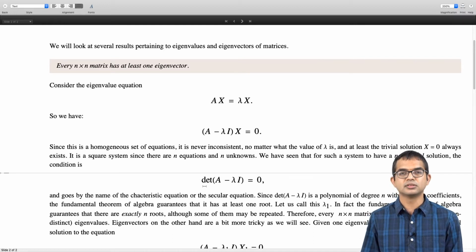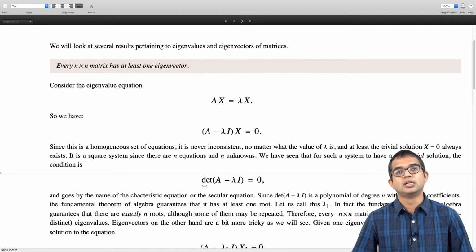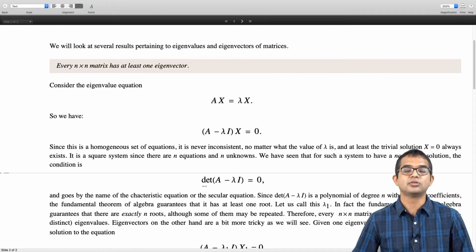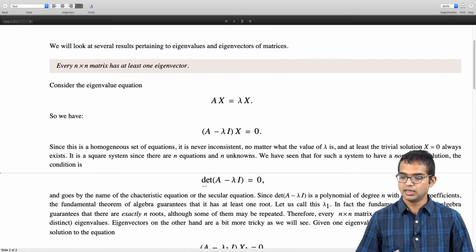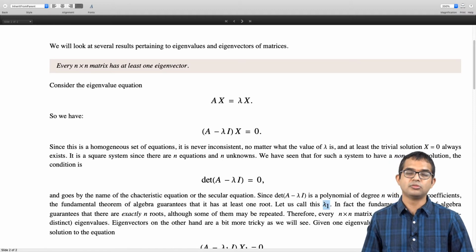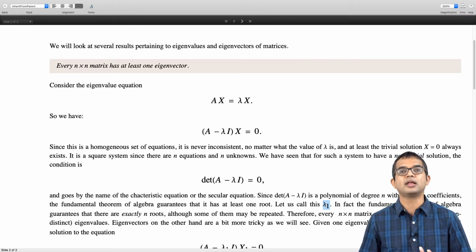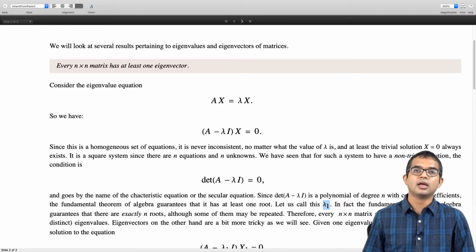So you will be able to factor this polynomial as lambda minus lambda 1 times lambda minus lambda 2, so you can in general write it as lambda minus lambda 1 to the power k1 times lambda minus lambda 2 to the power k2, and so on. All these parameters k1, k2 and so on must add up to n. That's a consequence of the fundamental theorem of algebra. So there is at least one root, let's just call that lambda 1. There would be only one root if all the roots are repeated. If you have a scenario like lambda minus lambda 1 the whole power n, then there is only one root. But in general, you could have more roots.